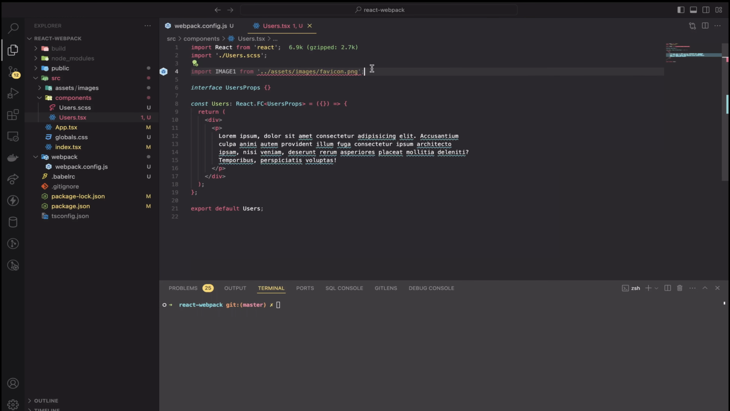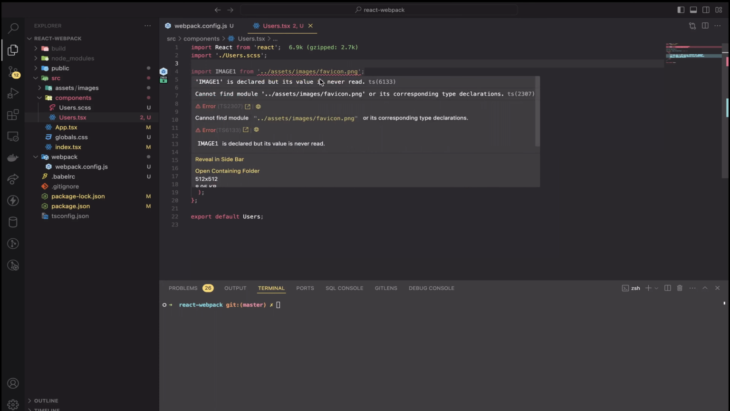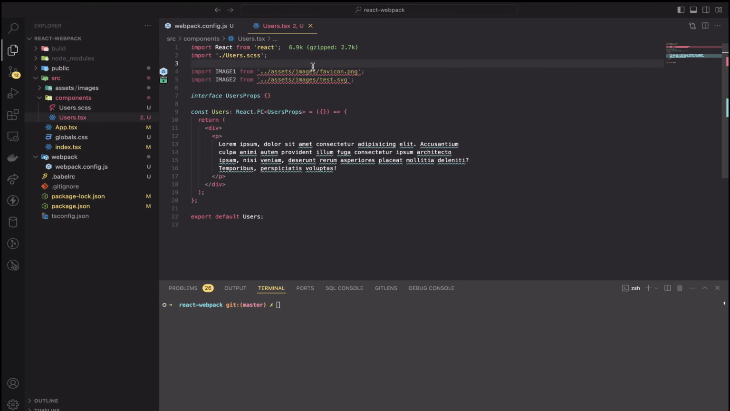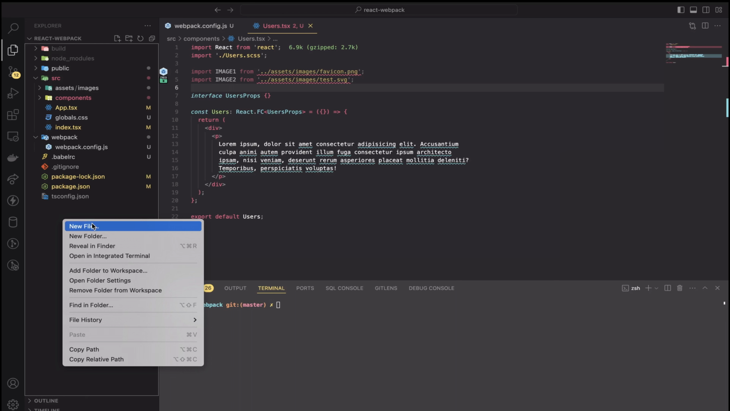Now we import the PNG as image1, and then we can import the SVG as image2. Now, even before moving forward, we can see that we already have an error showing up. When I hover on this, you see that TypeScript is complaining about corresponding type declarations. Now, when you see this, the easiest way to get around this is to add a type declaration so that TypeScript